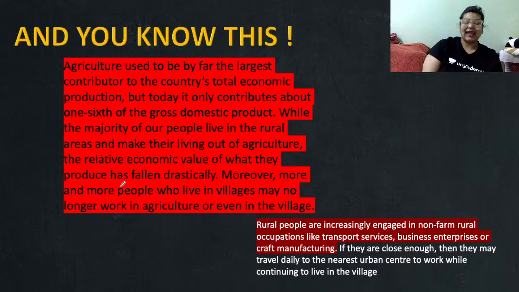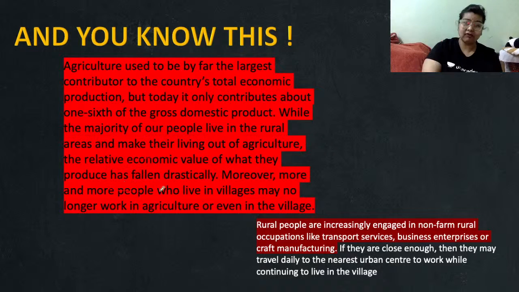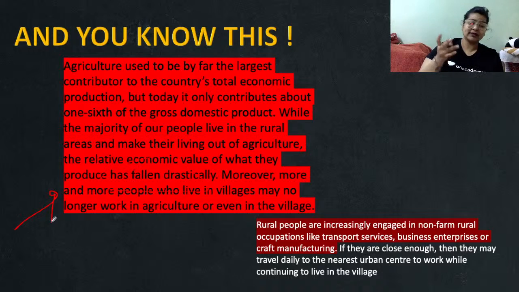Agriculture, of course, was by far the largest contributor to the country's total economic production, but today it contributes only one-sixth of the gross domestic product, that's the GDP. While the majority of our people live in rural areas and make their living from agriculture, the relative economic value of what they produce has fallen very drastically. Rural people are increasingly engaged in non-farming occupations, for example transport,